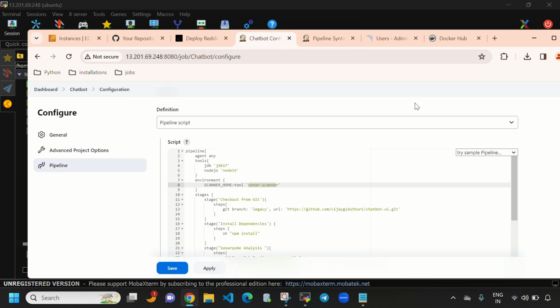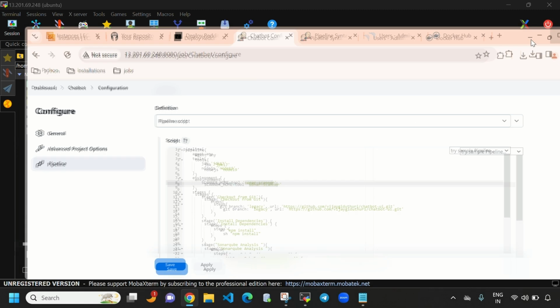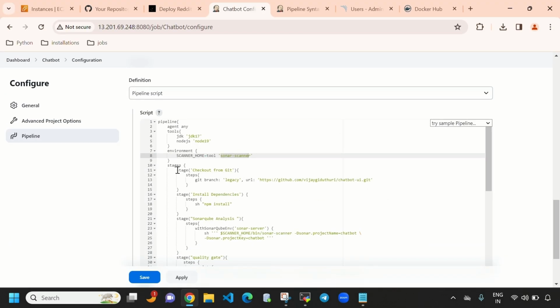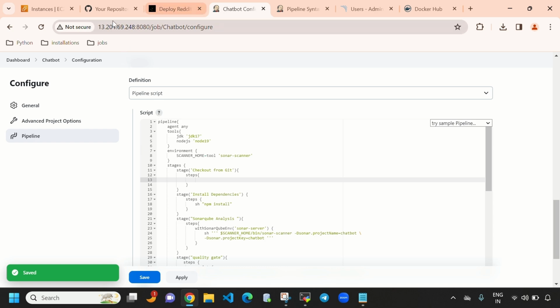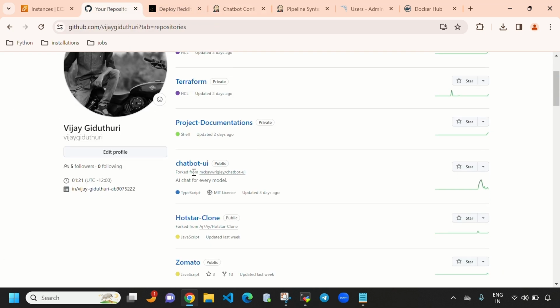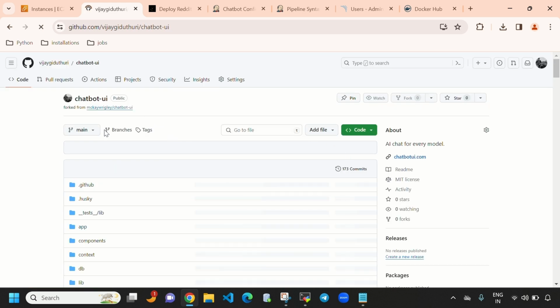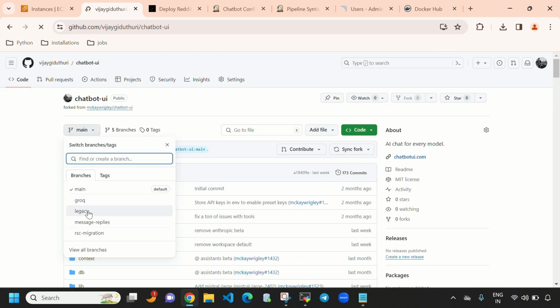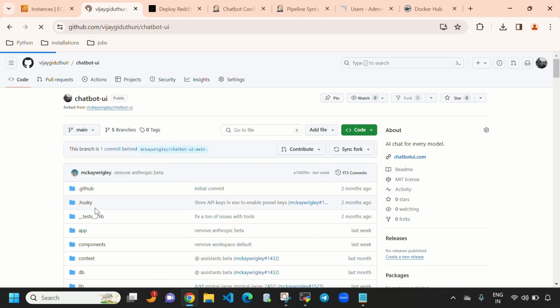And from here, you can see this is the first stage, the Git checkout stage, guys. To generate this step, directly remove this. First, I will apply this, and go to the repository, that means the chatbot repository. And we are using the legacy branch, guys. In this project we are using the legacy branch. Go to legacy,